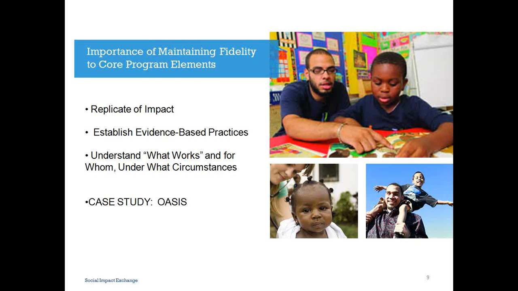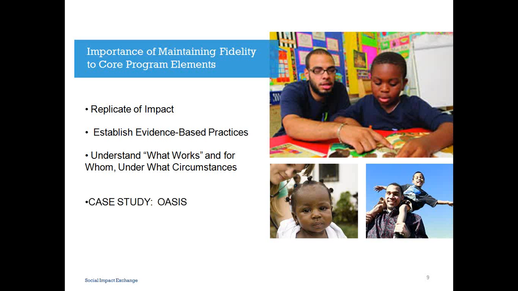Again, I'd like to emphasize here that this is the type of information, while RCTs do show the causal relationships, it's not the only way to learn about this causal relationship. So again, having an effective evaluation is the first step in really thinking about how you scale your work. The second step, though, is making sure that you maintain the fidelity of the core program elements that you evaluated.